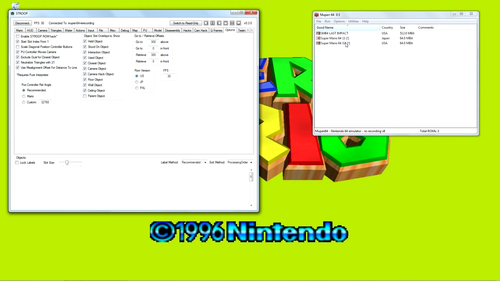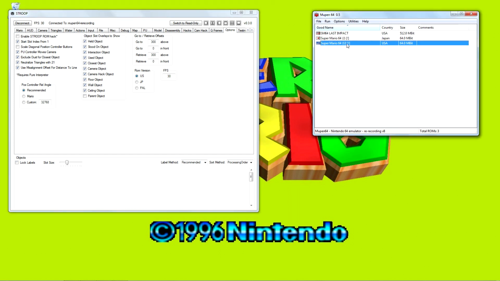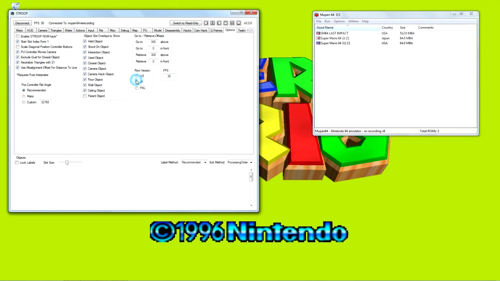and see if the ROM you're going to play, let's say we want to play the U version of Super Mario 64, make sure that the country code here does match the ROM version that is chosen in this particular option here. So this is the U version, this is also the U version, so we're fine here. We can now go back to the Mario tab,